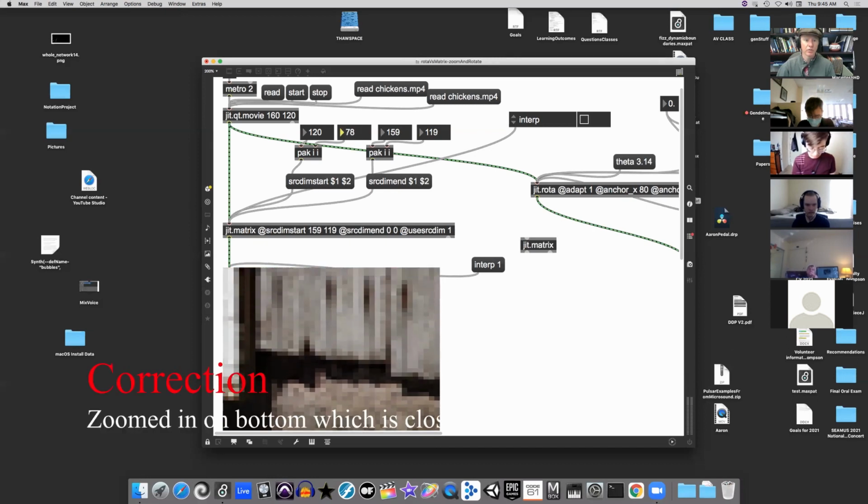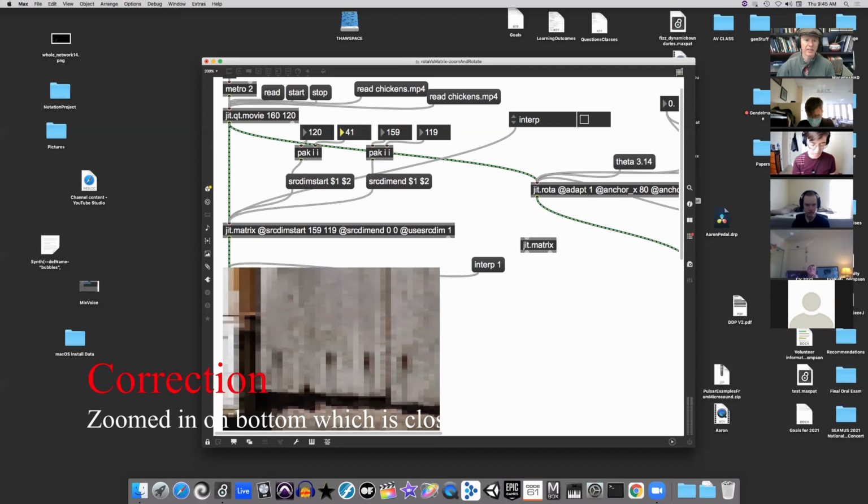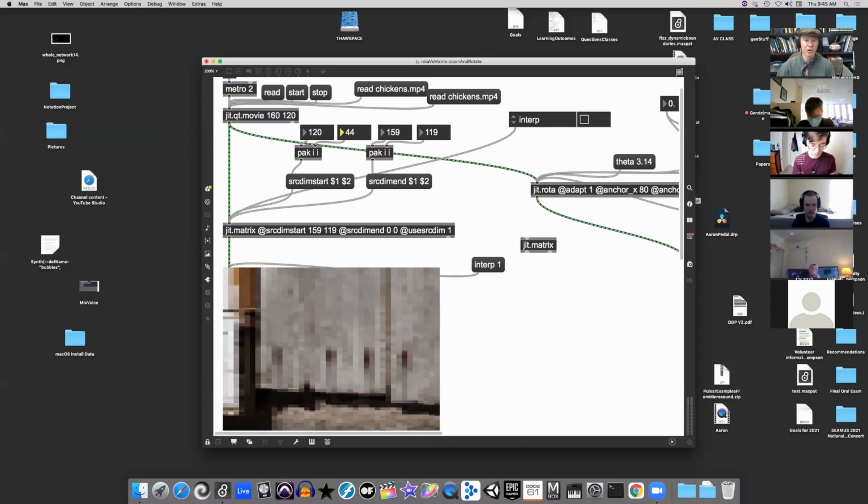Oh, it's the wrong way. Kind of like that. I think I zoomed in on that particular part of the image. It's kind of hard to see because it's pixelated. Smooth it out. All right, or if we wanted to try to zoom in on a particular point, we could try to fudge it this way. So that's about all I want to say about that,